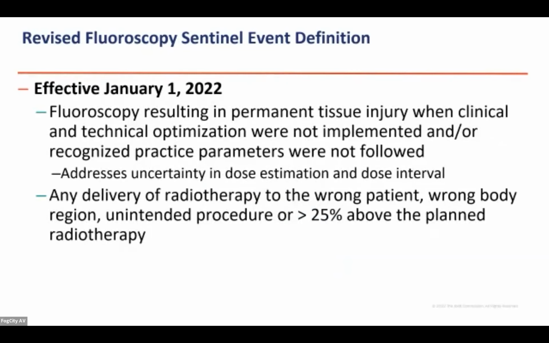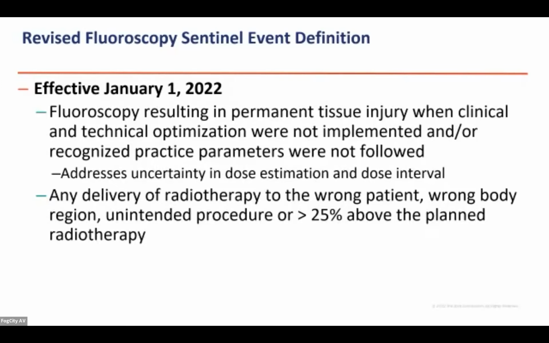Now, it's not required that you report it, so the number that we see, and frankly, there were very few that were excess radiation exposure. Who knows what fraction of events that actually occurred were reported. The other thing is, well, what's the interval? Are we talking 1,500 at one time? Okay, we can see that. Is it if you got 1,500 over the course of 2 weeks because that patient had several long, complicated procedures? It was just very difficult to say whether that number really was worth anything.